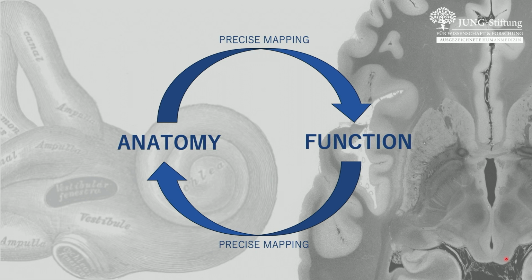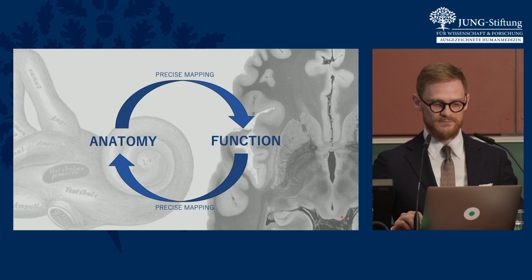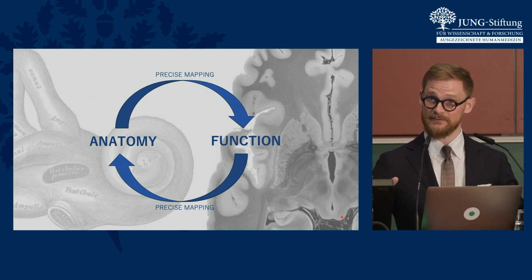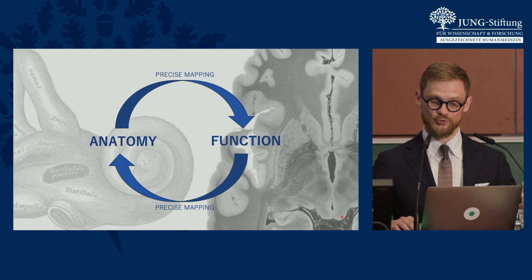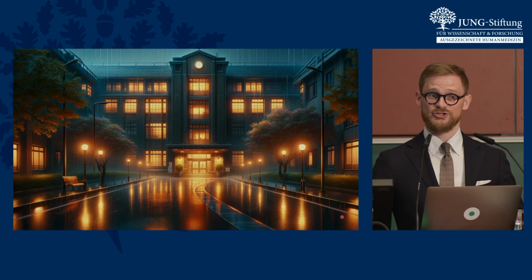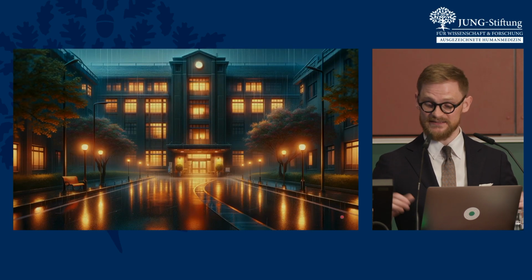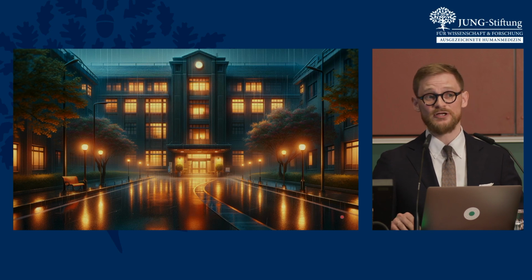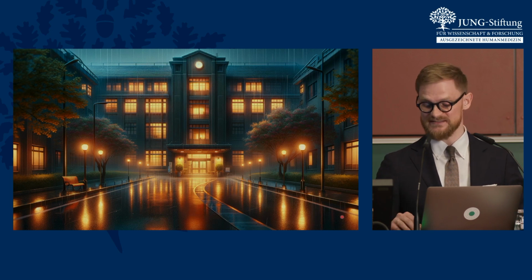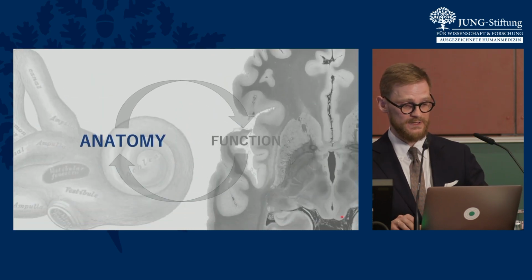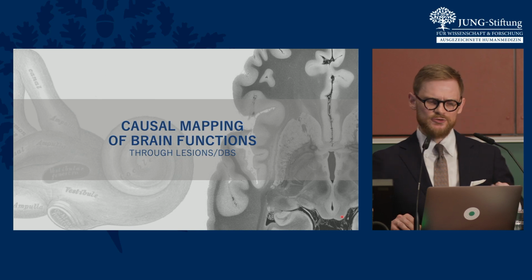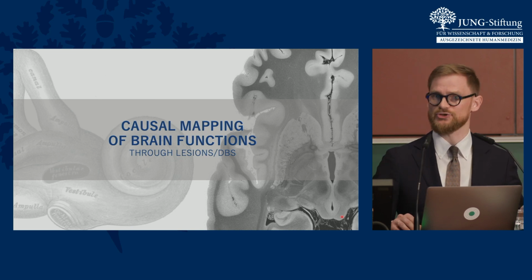So in finding neuromodulation targets and optimizing treatments, there's a crucial need to have a good understanding of the anatomy and how it relates to the function, and the precise mapping of both is crucial for success. Unfortunately, vestibular patients with balance disorders today really do not benefit from these massive advancements in neurotechnology. And I want to see if we can change that. So starting off with anatomy. How can we causally map brain functions?